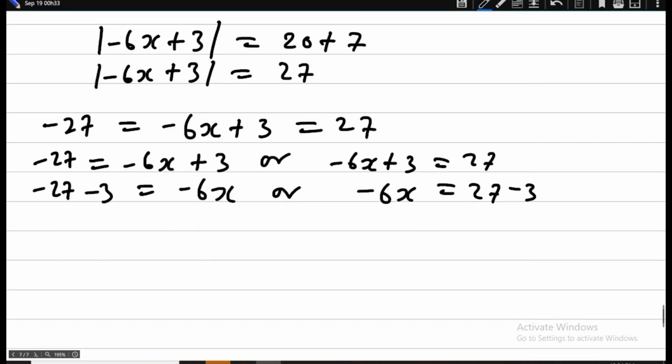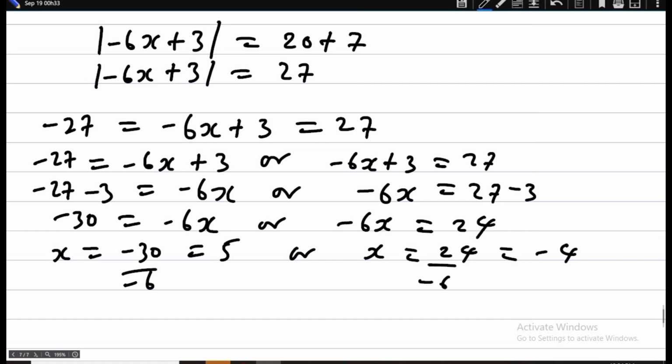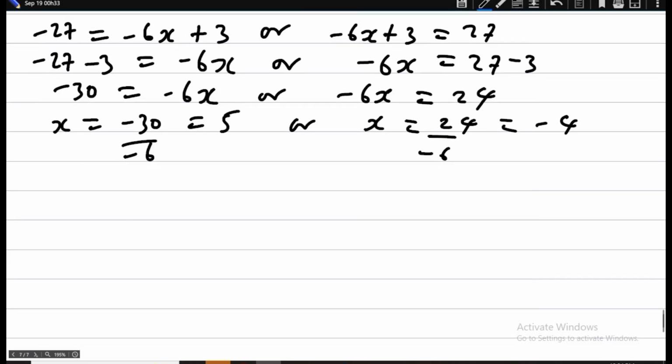So rather x will now be minus 30 over minus 6, which is what, 5, or x is equal to 24 over minus 6, which is minus 4. 24 divided by 6 is 4. Yes, correct. So that is that for that. So we go to the last question, which is x, is the last question. So I'm going to have that minus 5, the absolute value of 7 minus 3x, okay, 7 minus 3x, then